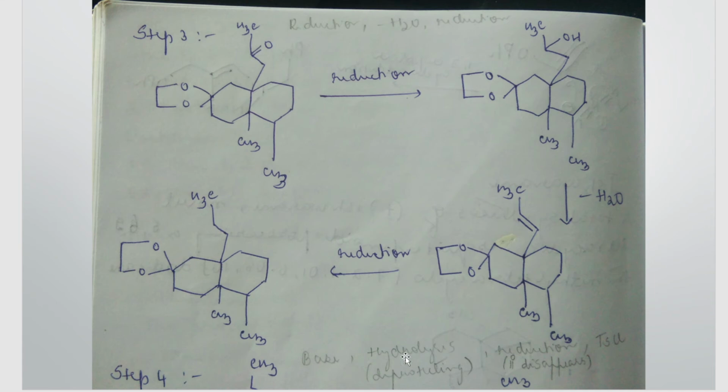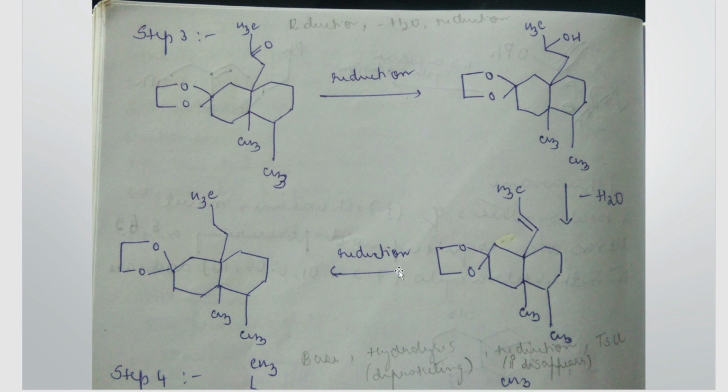Next is step number 3. That is, once again, you're taking the product that you got from the previous step and making it undergo reduction. On reduction, you can see here the C=O group gets converted into a C-OH group, correct? And then there is elimination of water. That is, one OH from here and one H from this carbon atom will leave. Since one bond is breaking from here and one more bond is breaking from here, there's a double bond formation between these two carbon atoms. So you can see that a C=C double bond formation takes place.